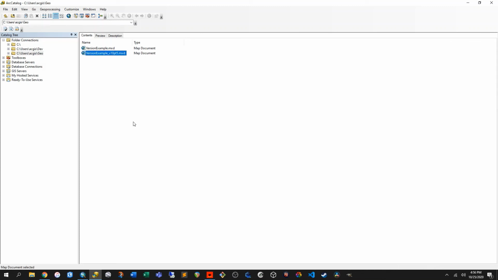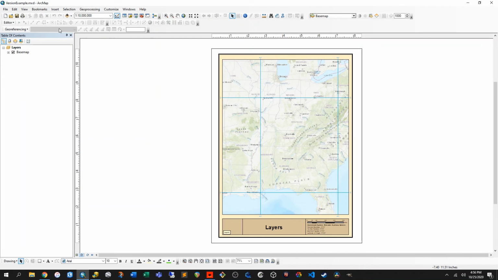So you can now just go into File Explorer or something like that and then send the other person that version, and then they'll be able to open it in their desktop. Now again, that just saves a copy of the MXD that you have open. If I were to go back and look at my MXD, you can see that I still have my original 10.8 version open. All I did was to create a copy of it, downgrade it to a different version, and in this case it was